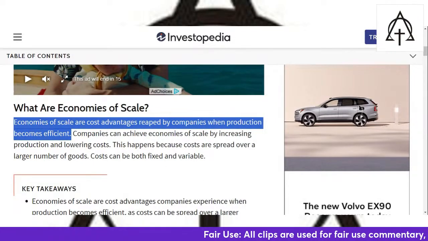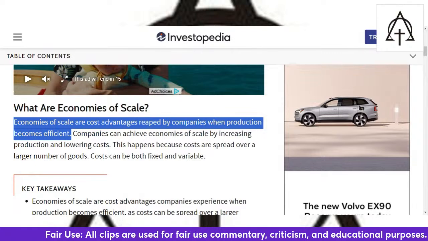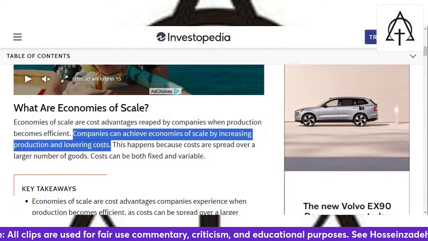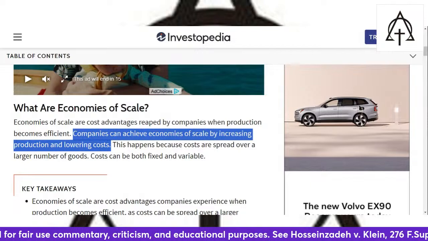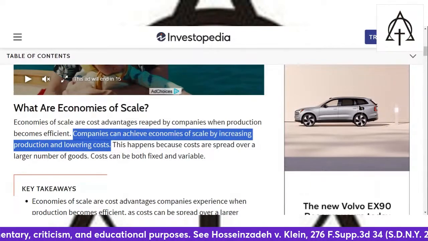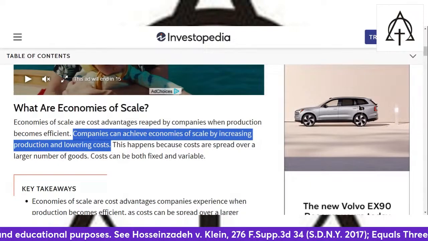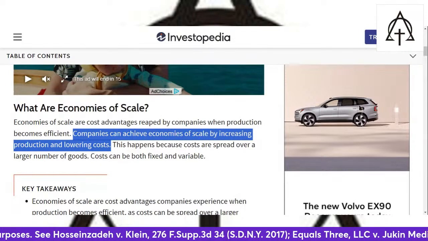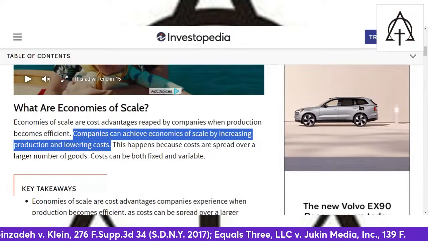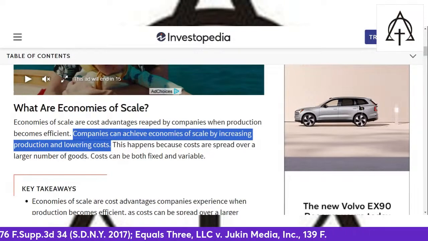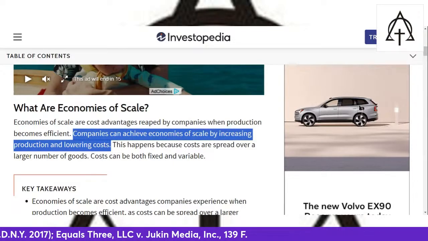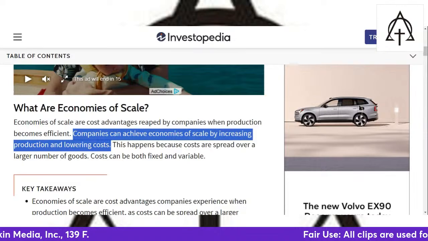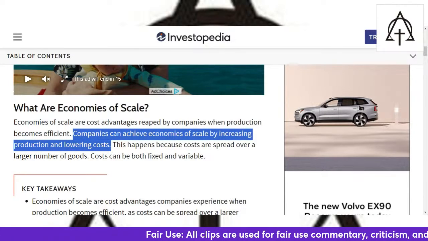Companies can achieve economies of scale by increasing production and lowering costs. So instead of the small man that has to make them one at a time and has a larger expense because it takes him longer to make it and he doesn't have such a great profit in the end, if he can double it, he improves his profit. So when we get into the larger corporations, their profits keep extending beyond and beyond and at a greater efficiency. That's why they're driving economies.